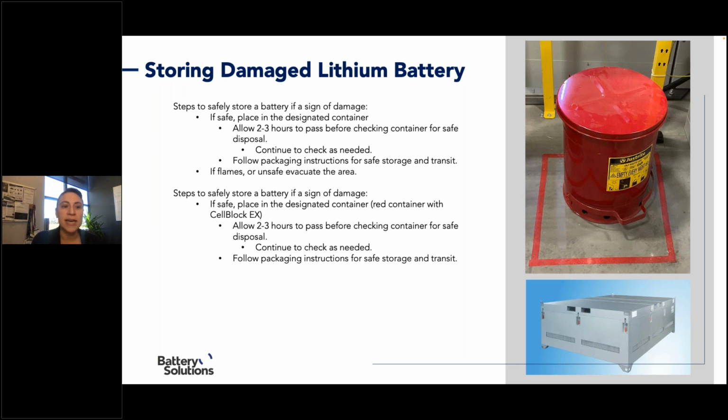The second is that if the place is designated as we mentioned here, then go ahead, do this, and then follow packaging instructions again. But one thing I want to make a mention of is these large format batteries. This is another example of another type of case that you can put in if you've got, again, a forklift, electric vehicle,